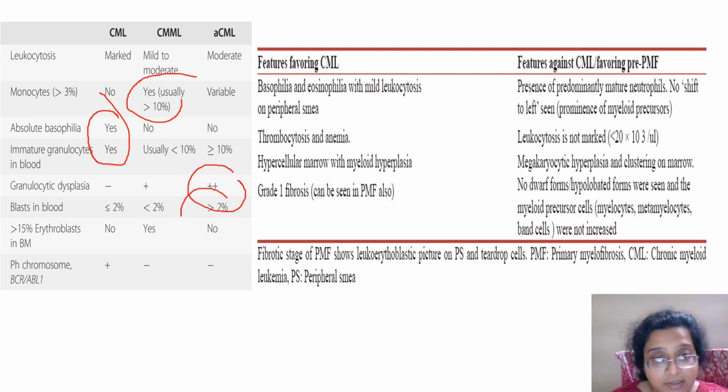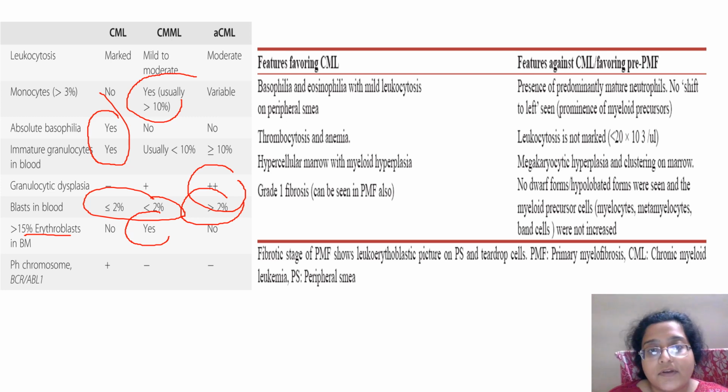Blasts will be more in atypical CML, less in CML and CMML. Erythroblasts will be seen in CMML because there is dysplasia. It is MDS/MPN. And then of course features favoring CML and PMF: more fibrosis, fewer dwarf megakaryocytes, megakaryocytic hyperplasia, and a change in location of megakaryocytes. They're more paratrabecular, which favors other things rather than CML. Okay,